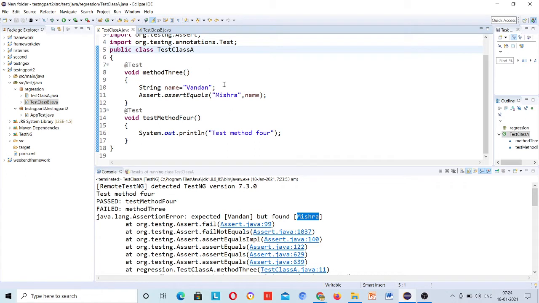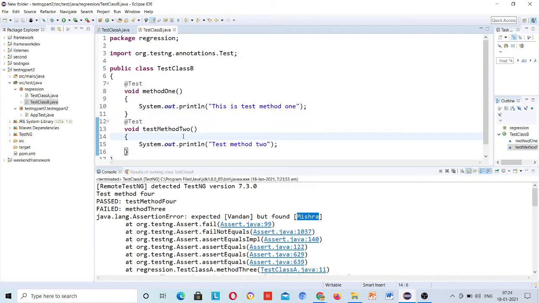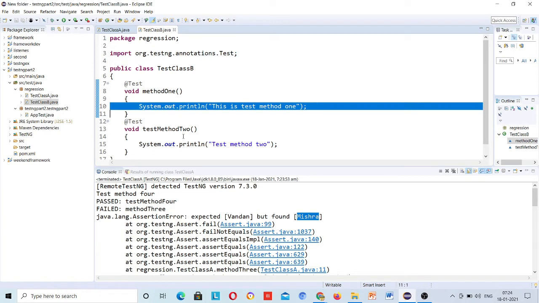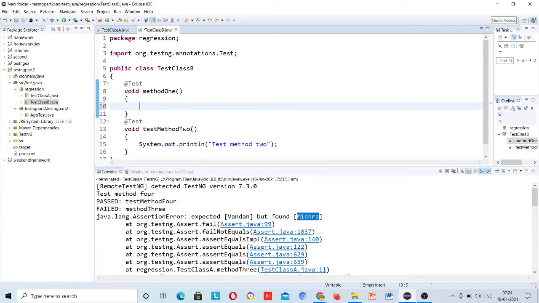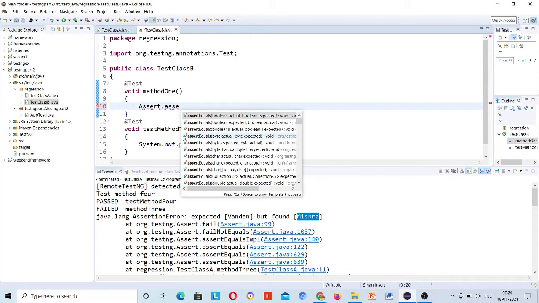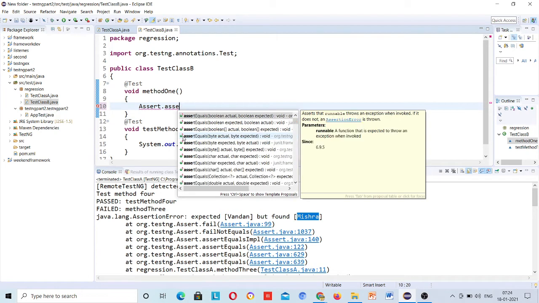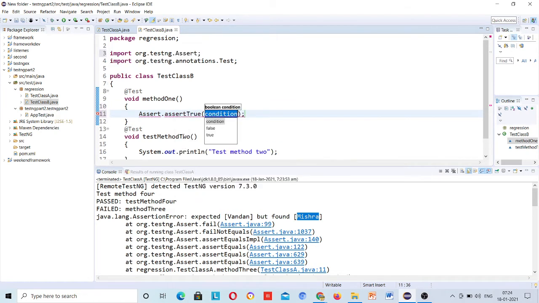Just like this one, you have multiple methods present, like assertTrue. Suppose in test class B I am failing method 1. Assert.assertTrue, and I am passing false. I am expecting true but passing false, so this will also fail.